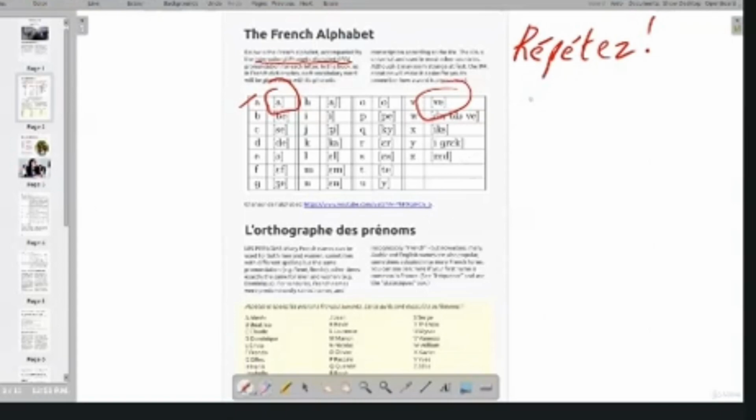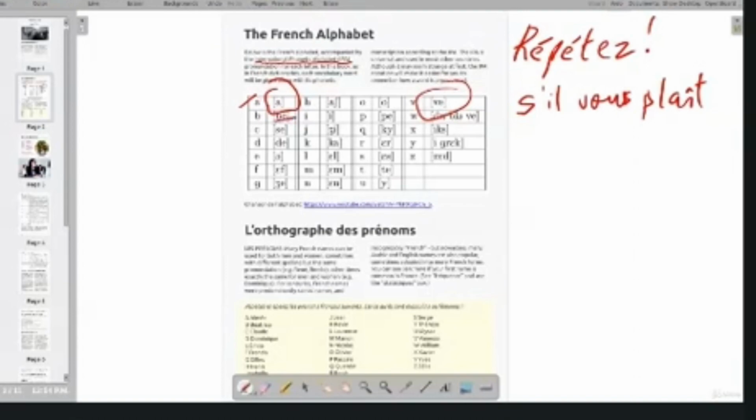I may add to it s'il vous plaît, that's an S. So I may say répétez s'il vous plaît, that means repeat, please. Répétez s'il vous plaît, repeat, please. Now, répétez s'il vous plaît, A,